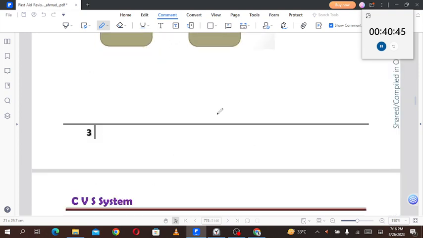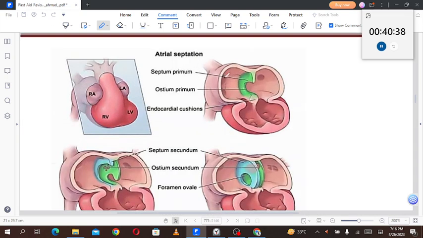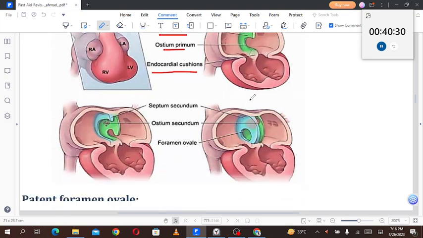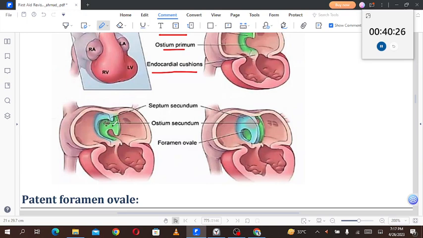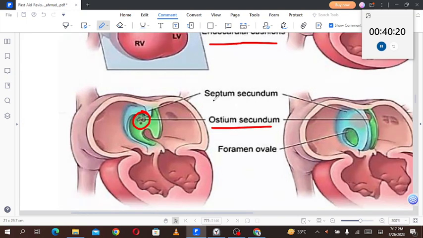Okay. Now moving forward to this picture, here you can see atrial septation. So let me zoom it in. I guess it is a picture from UWorld. So this is septum primum with ostium primum and endocardial cushion. Septum primum has started descending, and the ostium primum is already present. The septum primum is descending all the way to the endocardial cushion, and a secondary opening has started forming inside the septum primum, that is called ostium secundum, and the secondary septum or septum secundum has also started descending